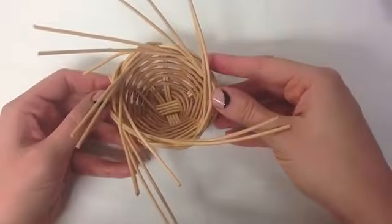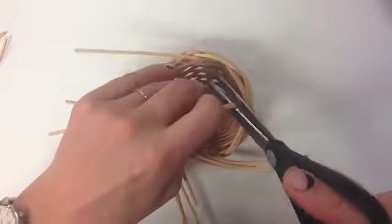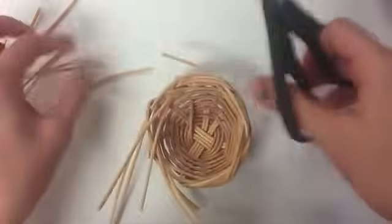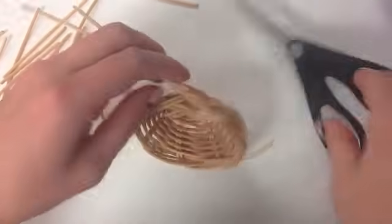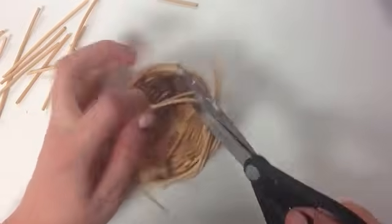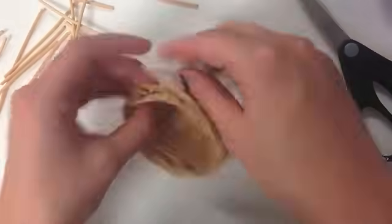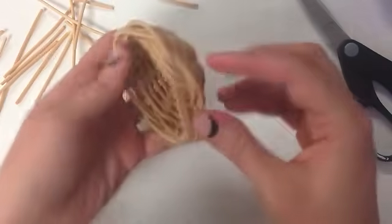Once they have all been tucked in, your basket will look like this, a little bit crazy. So now you just need a pair of scissors and you will trim all of those ends off so that your basket looks neat. Be sure when you cut it that there is enough left inside the basket to hold that spoke in place. I missed one because it's still sticking out, so now it needs to go in, and then I can cut it. If any of them pop out in this process, just tuck them back in. When you are finishing a basket, you always want to tuck pieces of